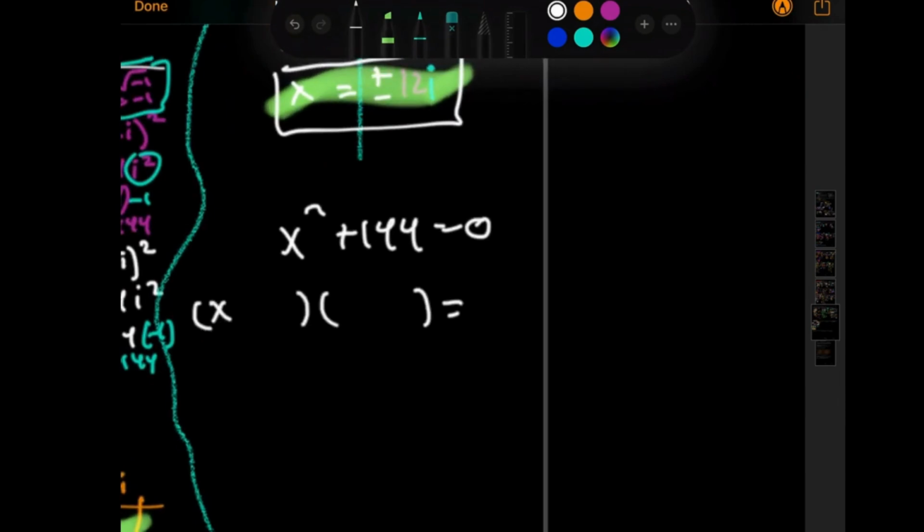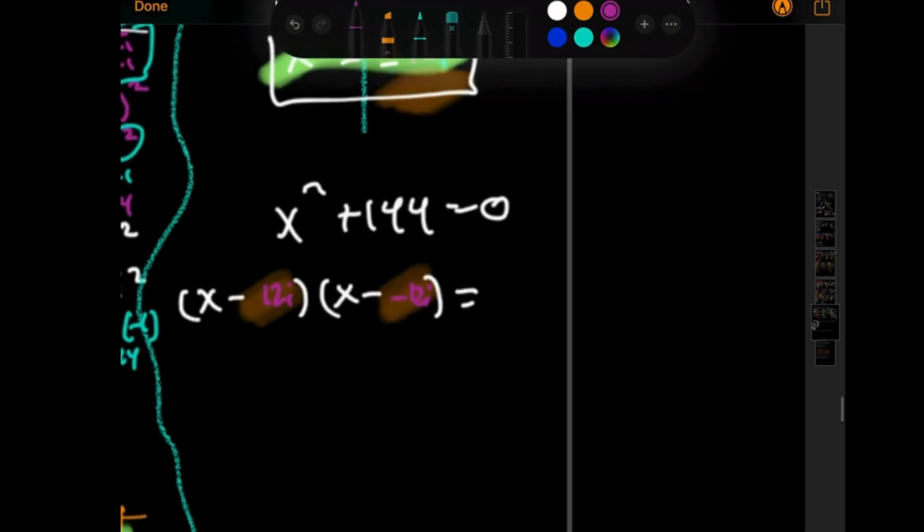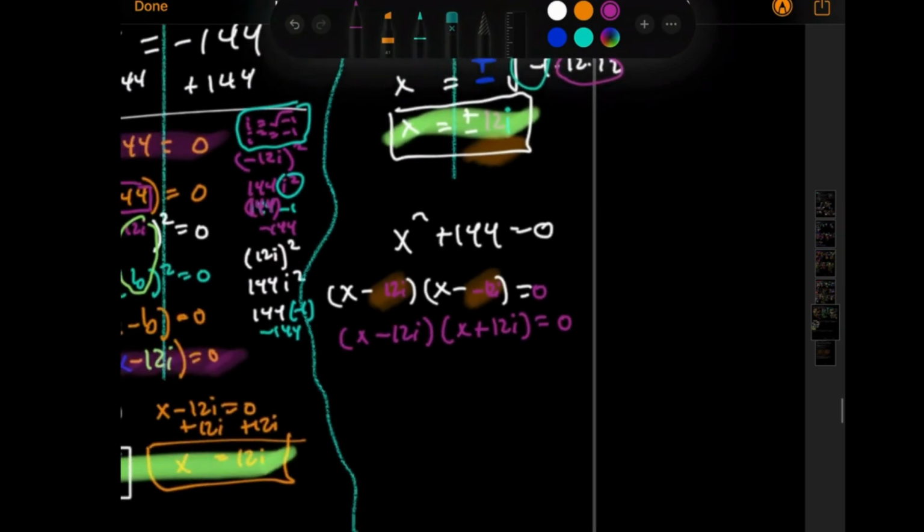And I'm going to show this by colors. Hopefully you guys see why I do colors. Okay, so what I'm going to do here is put in each of these. And what I wrote there in the white formula is for x-intercepts or factored form, which we are actually talking about. So one was a positive 12i and one was a negative 12i. Okay, so then you'll get x minus 12i and x plus 12i. And what I'm trying to prove to you is,